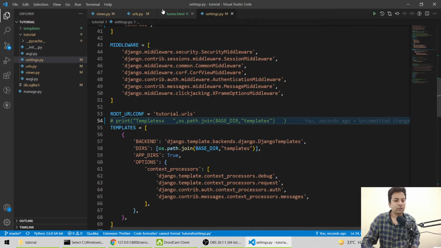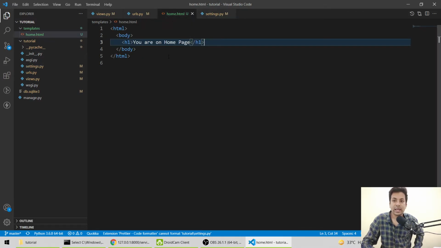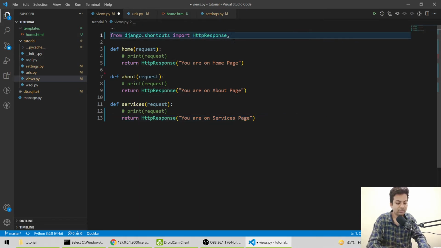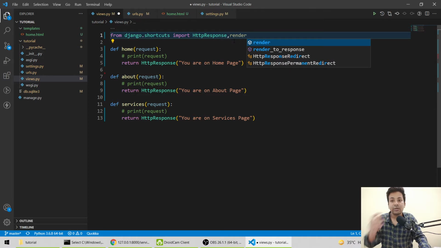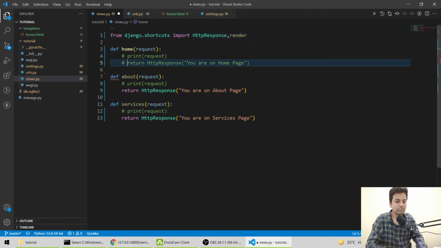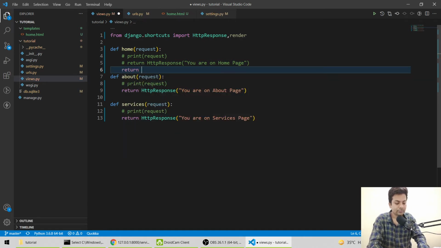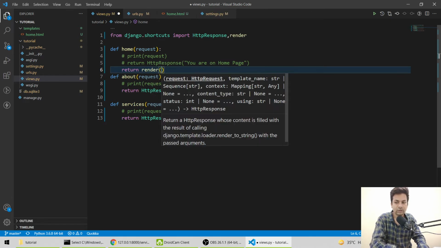Okay, so now I have to use this HTML file. For that we'll go to views and we'll say from http, after that we'll say render. Render means rendering a file. Instead of returning this on the home page, we'll say return render, then we'll say request.